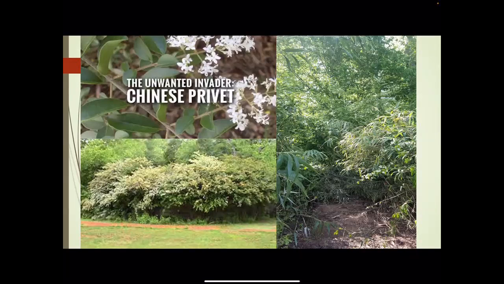So the photo on the right is one of our experimental swamp cane areas, or river cane. I'll revert back and forth to river cane, swamp cane. In the back there, you can see Chinese privet. This is an area that was recently excavated to be able to try to get down and permanently remove some of the Chinese privet by hand. And if any of you ever had to deal with these types of areas, you know that that can be a very time consuming and very labor intensive project to do.